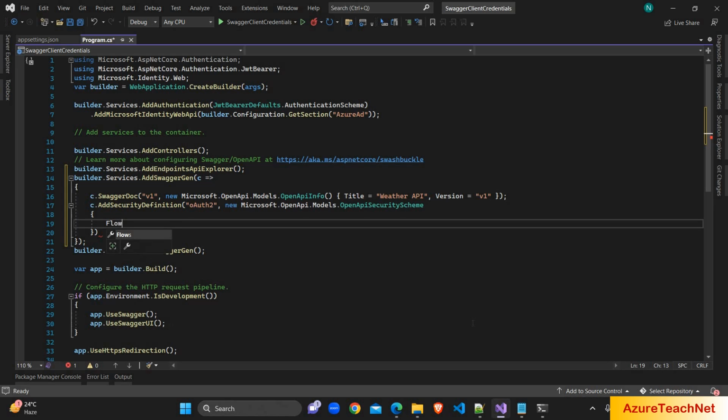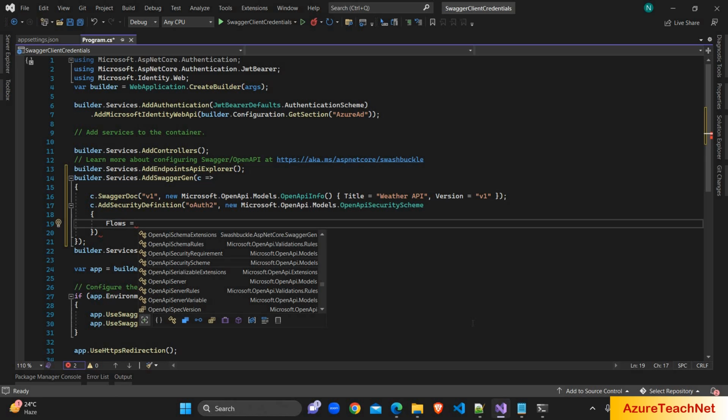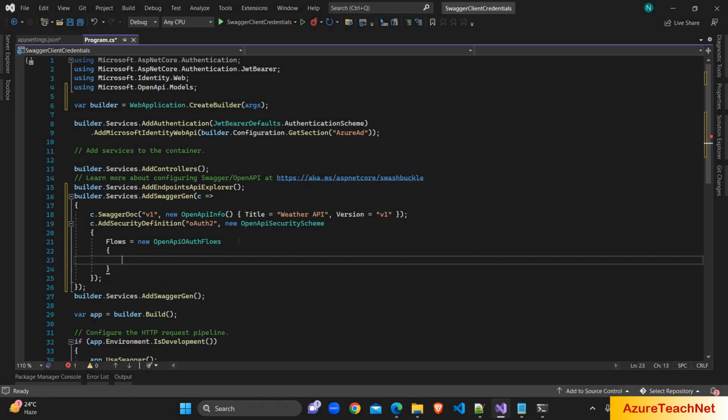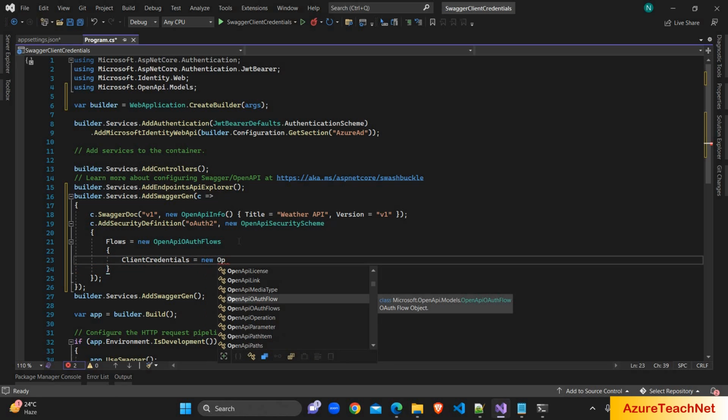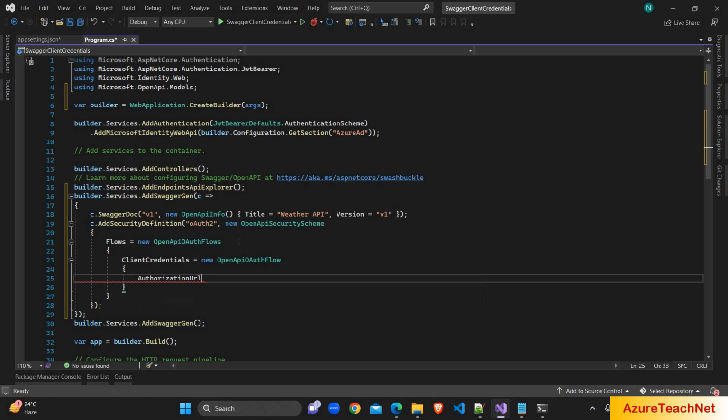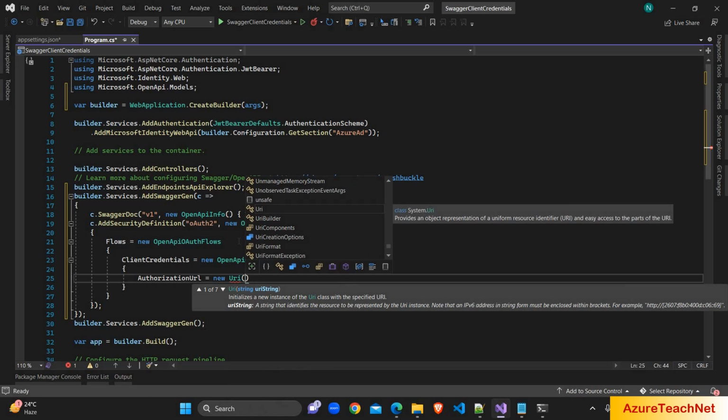Here I'm writing flows. We want to use the client credential flow, so it should be new OpenApiOAuthFlows. Then here we have to give the client credentials. It must be new OpenApiOAuthFlow. And after that, to this we have to pass the authorization URL. So here I'm writing new URI of